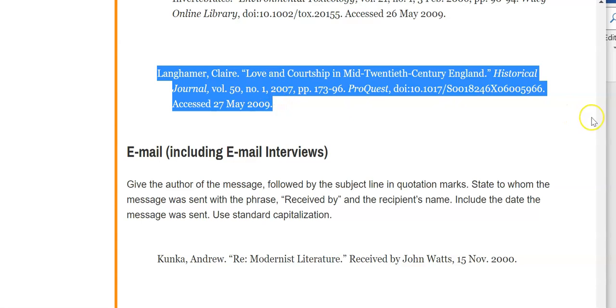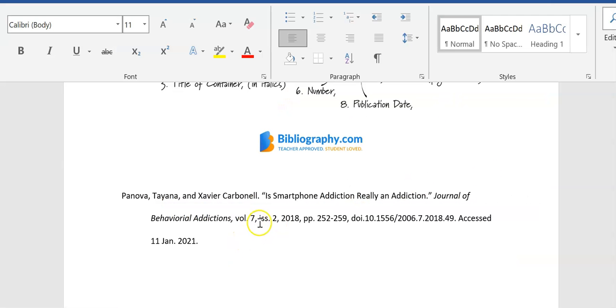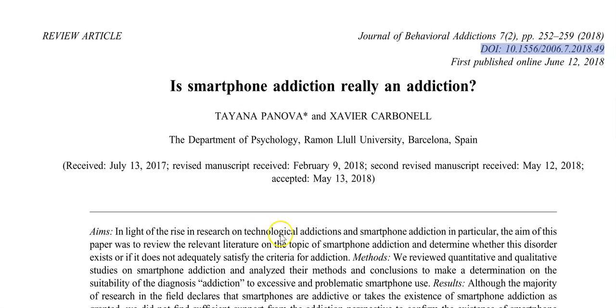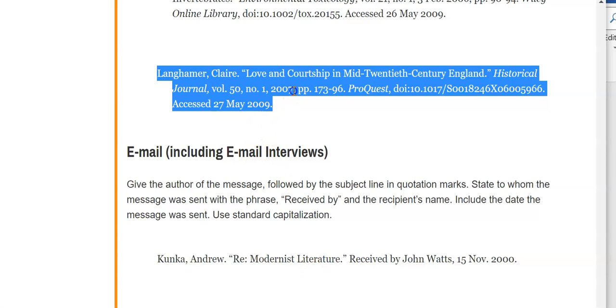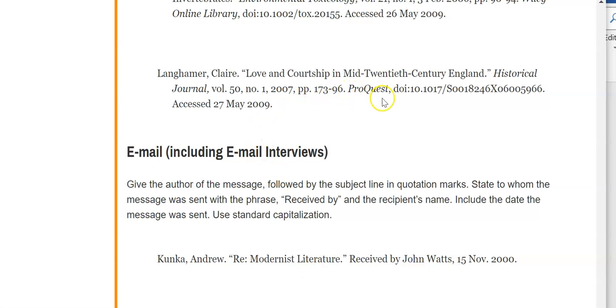Oh, I think I didn't put number in mine. I should really correct that. Okay, so we'll fix that one. And the year, the page range, and then here they've added the database name, the DOI, and then the date accessed.